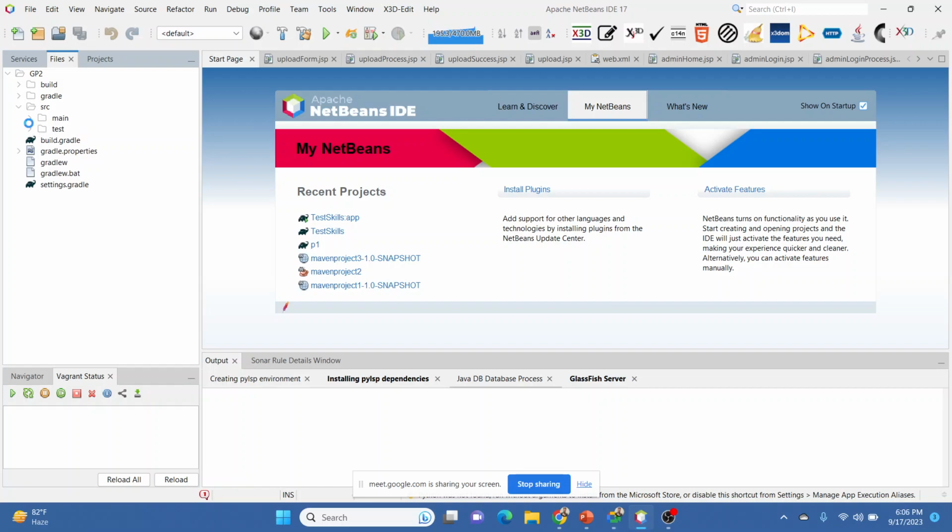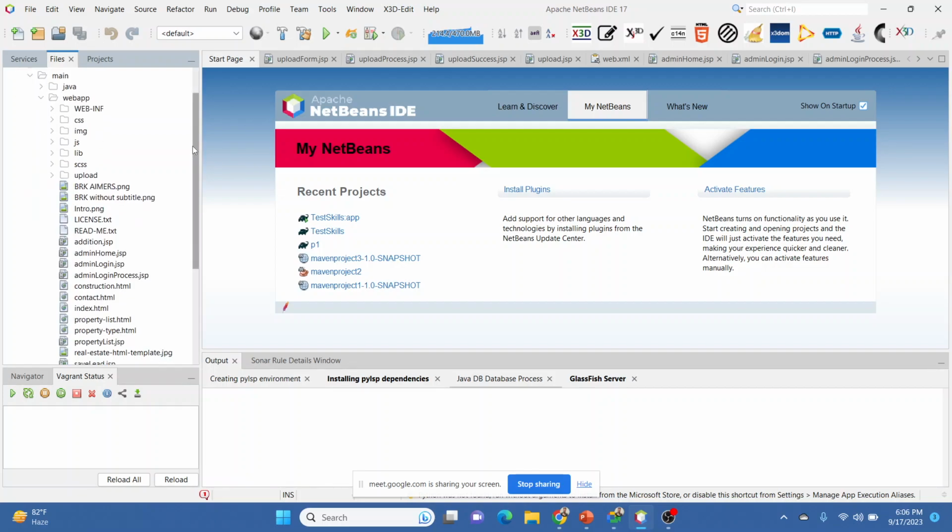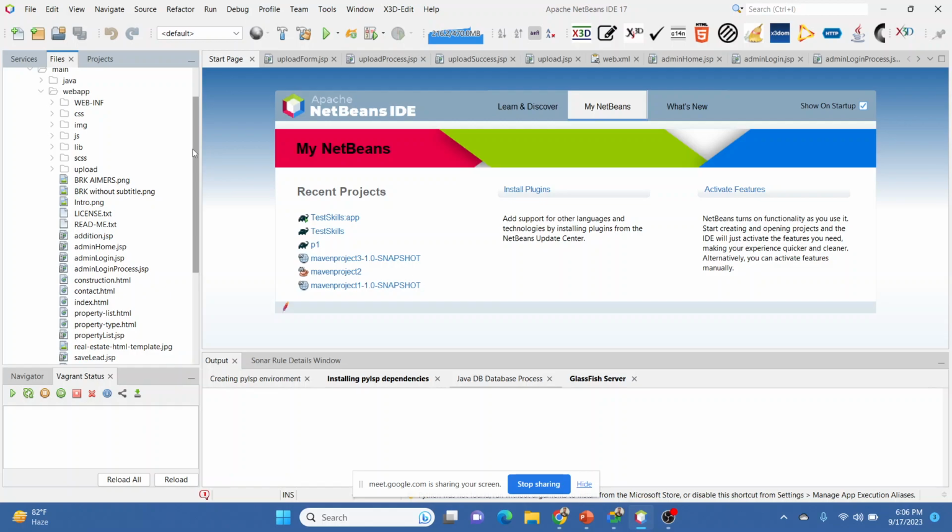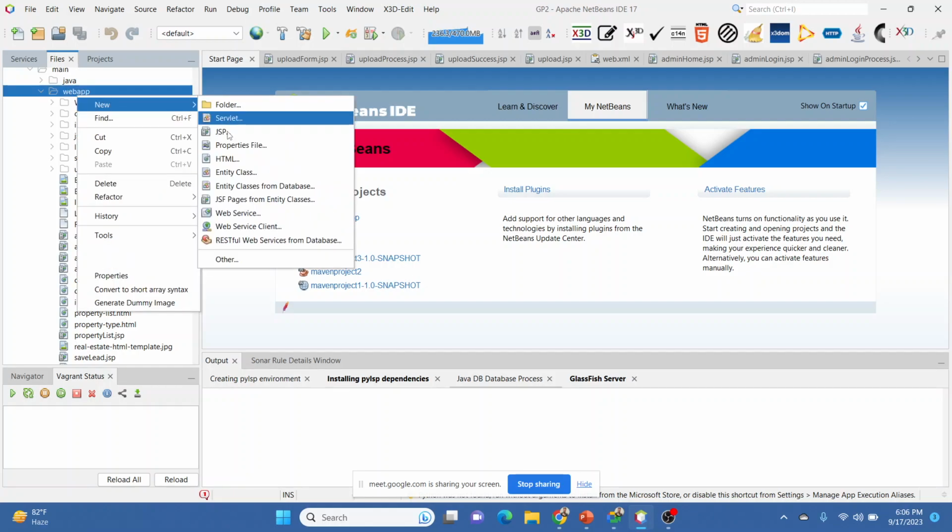If you go into the GP2 folder, you can see the web app folder inside the src folder, where all my index, HTML, or JSP files are. You can right click on that web app folder and create an HTML file. This is how you can create a servlet, JSP, HTML, or any EJB file also.